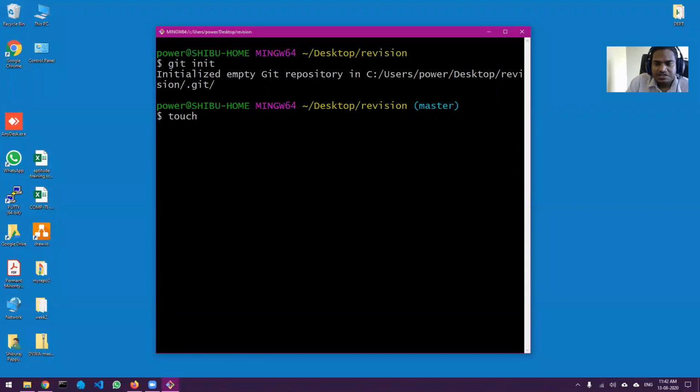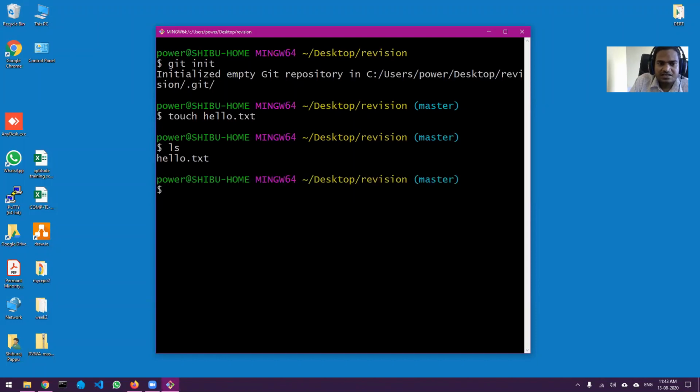Okay, so touch is basically a system command used to create a file on your system. So with touch you can create any file. Let's say, for example, hello.txt. Okay, so if I press enter, and if you do ls, ls is to check the contents of your directory. If I press ls, you can see there is hello.txt.